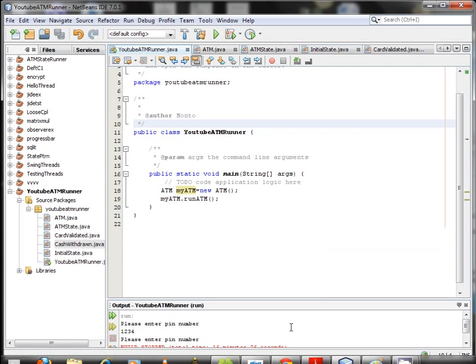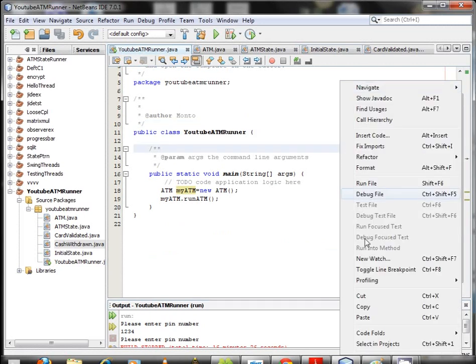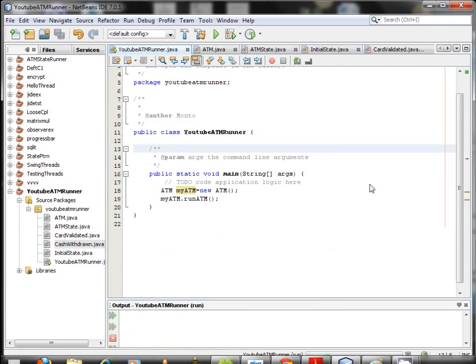Let's run this example again. Run file. Okay, it's asking for a pin number. 1 2 3 4. Please enter amount, which means okay,